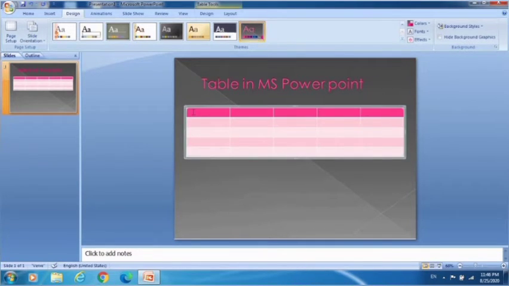So firstly, click on the first cell of the table, means first row and first column. So here I will write roll number. So next is name. You may go to the next cell with the help of the tab key.